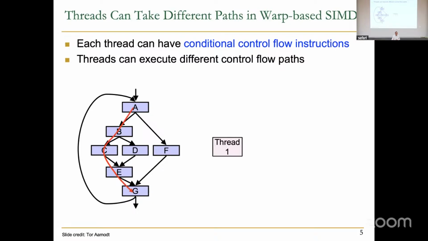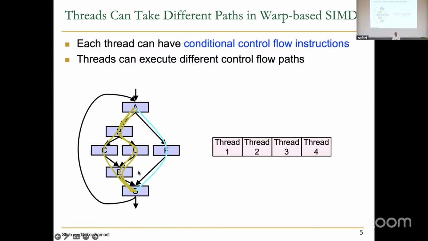For example, thread 1 starts from the same program counter. All threads start from the same program counter, which is the beginning of this block A. There may be multiple instructions in A, but the block ends with a branch, as you can see. This is a control flow graph, as we have seen in the past. Thread 2 may take a slightly different path. Mostly they're taking the same path, thread 1 and thread 2, but at some point they diverge, which is after B. Thread 3 takes the same path as thread 2, so that's good. Thread 4 takes a mostly different path,